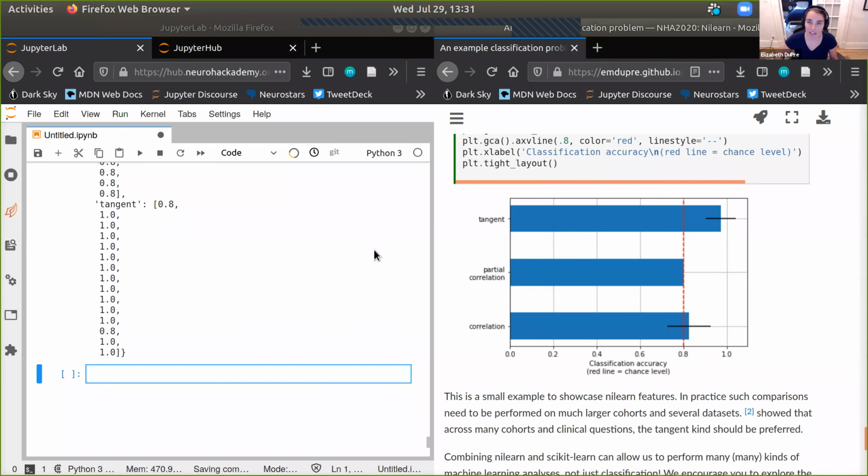The point of the notebook is just to show that, if you have this research question in mind, how can I use classification in my fMRI or MRI analyses, then Nilearn, or not classification, but any scikit-learn model, any scikit-learn estimator, right? Nilearn makes it really, really easy to go from your MRI data through to a machine learning analysis.